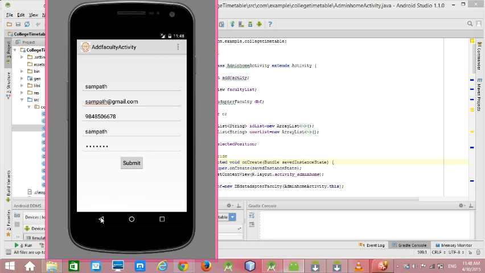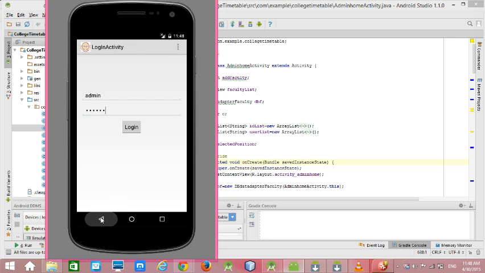I want to log in through the faculty page, so I'm going back to the faculty page. I will use Sampath Sir's username and password and login. I will show how it works.